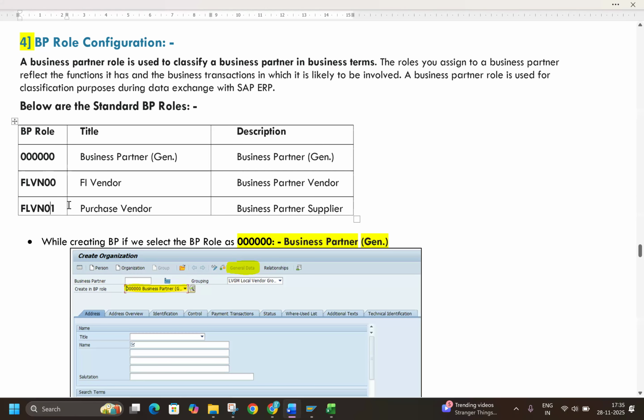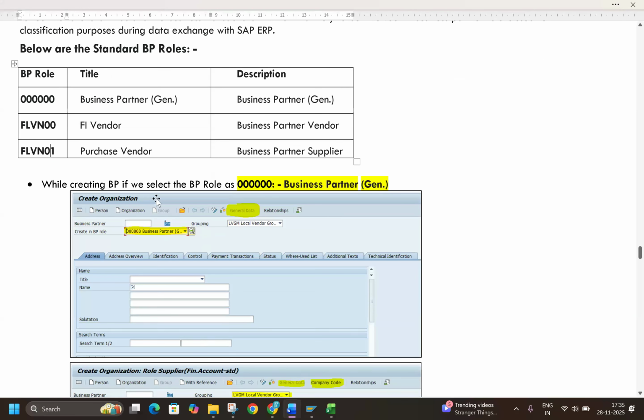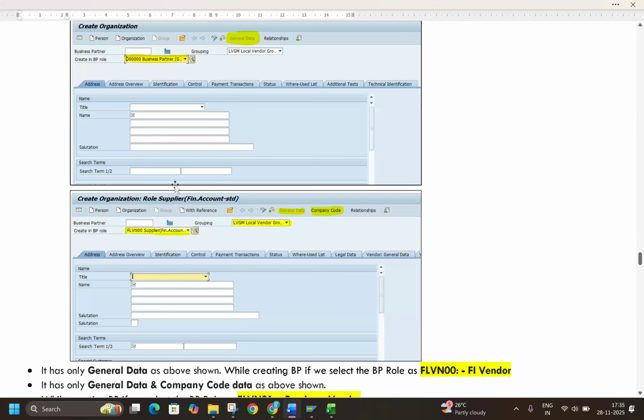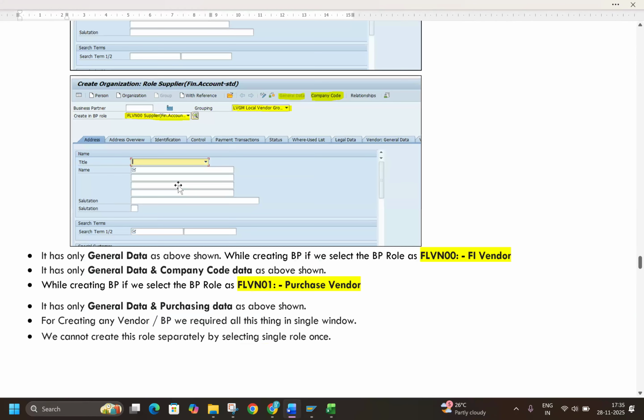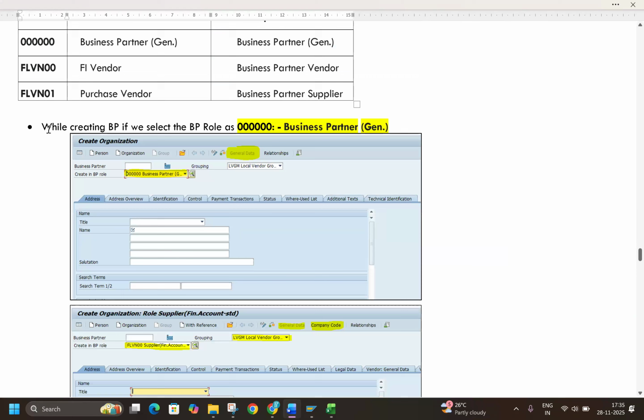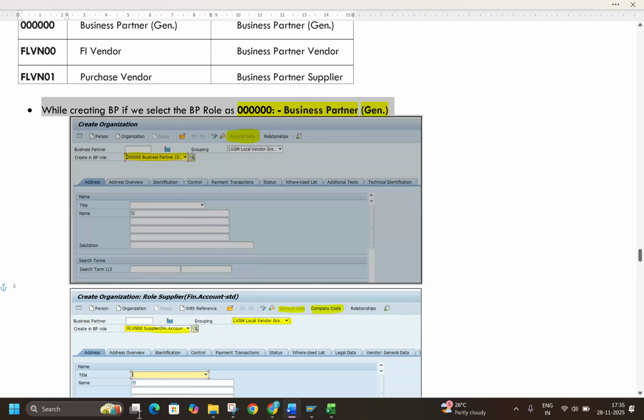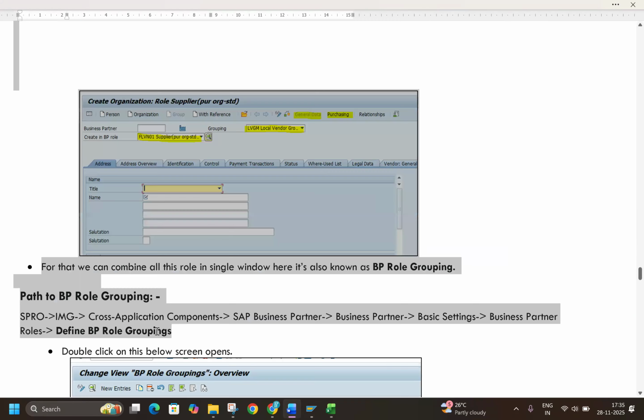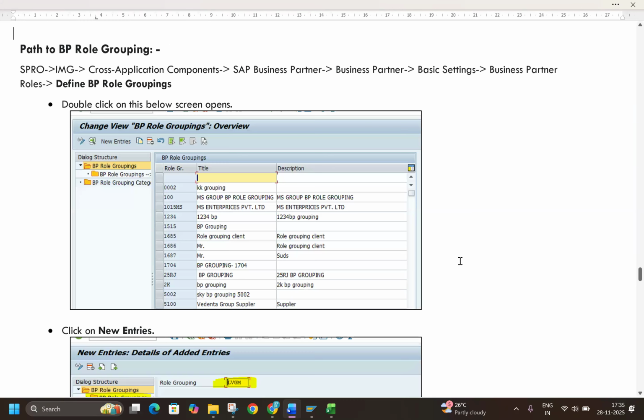Here, purchasing data. What will I do? So we'll have to define this. Okay. How to define? I will tell you. While creating BP, we will get all this. So what I will do here, I don't want to add this. Okay, I will just delete this. Okay, now